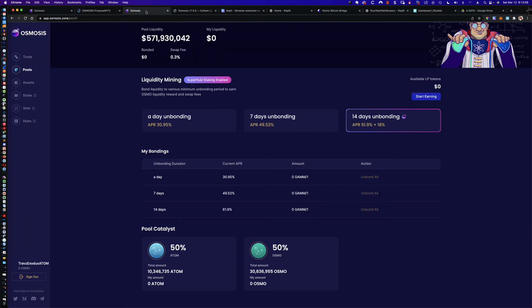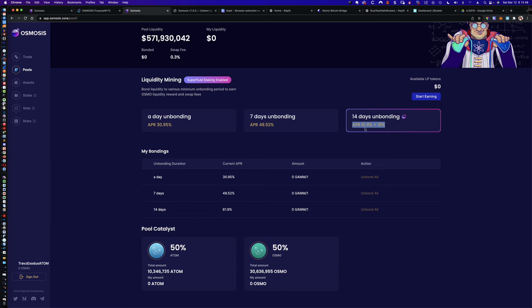So let's take a look at the APRs and what's happening here as well, because I did a video about a week ago on superfluid staking, because the fear of a lot of individuals is that the APR is going to collapse or head in a southbound direction very quickly. And while it does seem to be dropping ever so slightly, remember that while it is dropping, it's enabling you to earn. And you see here, right now the APR is 61.9. So let's just say 62, and 18 is right around 80% APR.